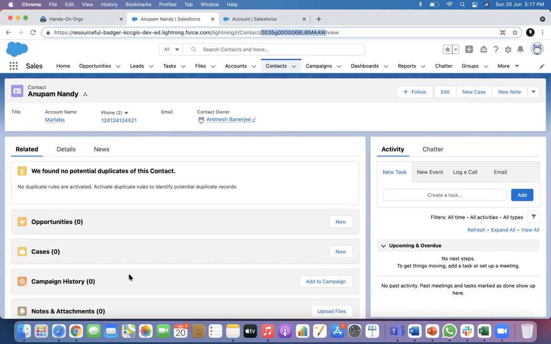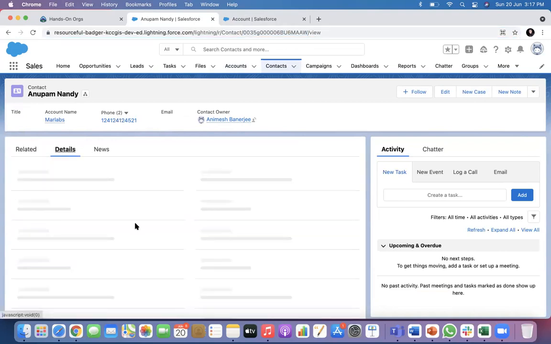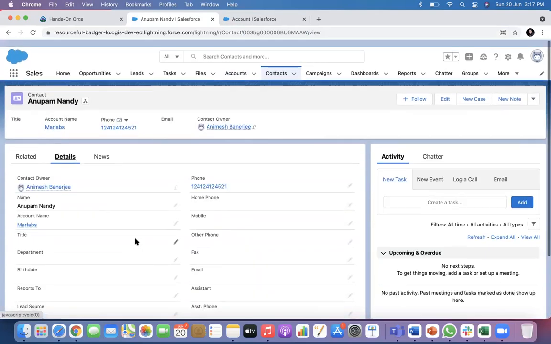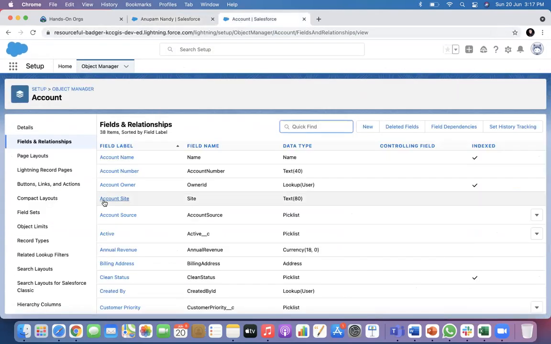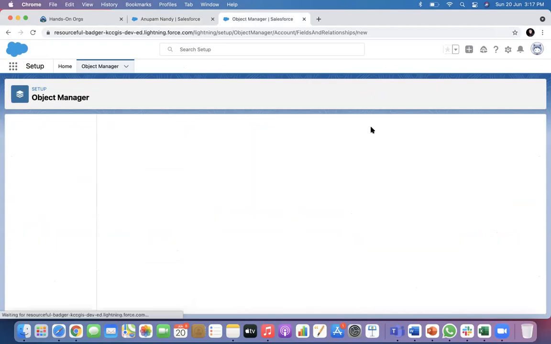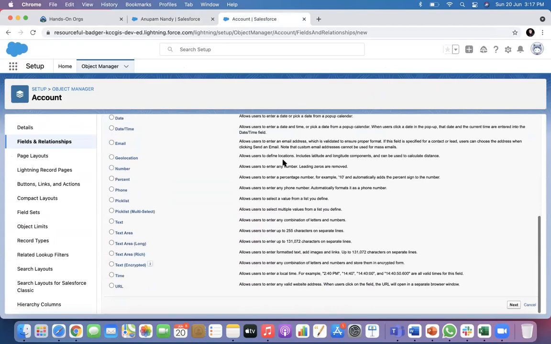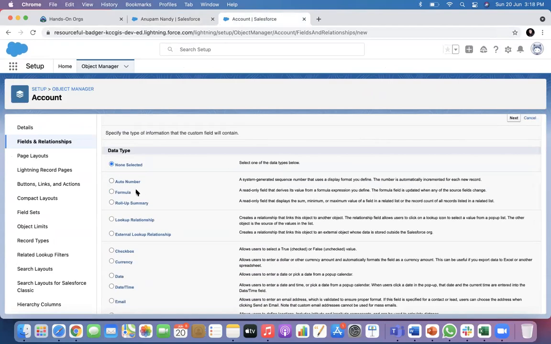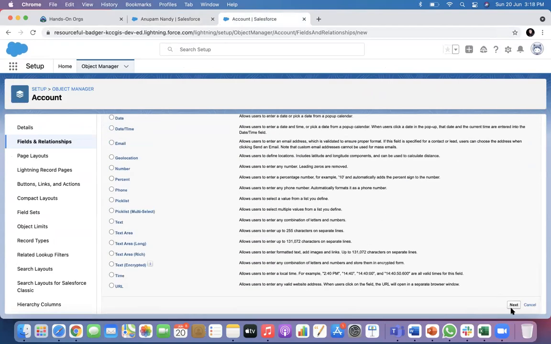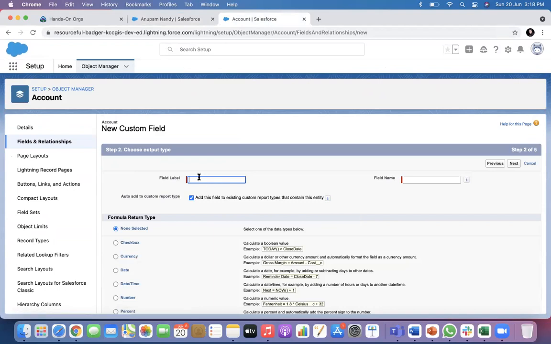What if you want to see this in the detail here? That is also possible. If I go to account and create a new field, we'll discuss the other field types later, but right now I will use a formula field. And what is a formula field? I will discuss that later.